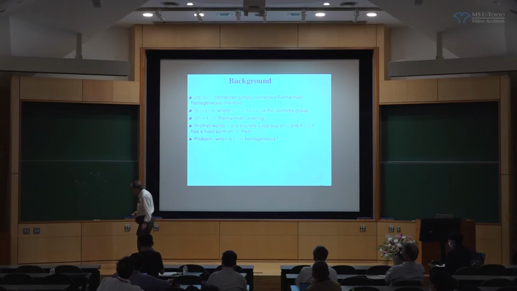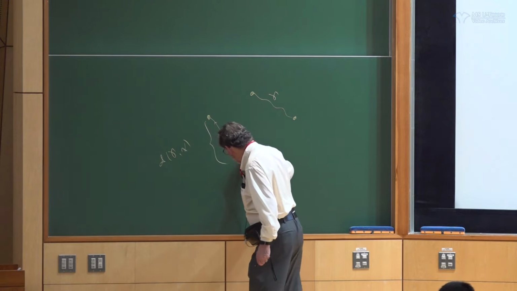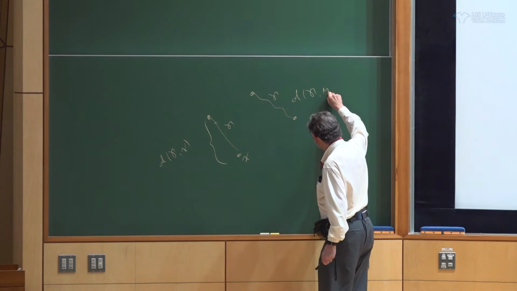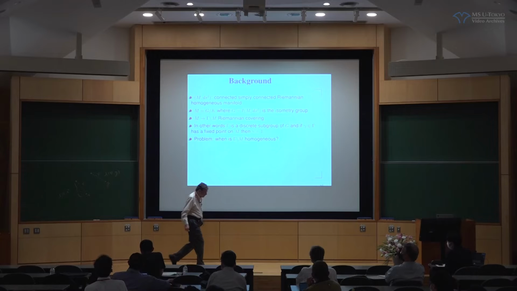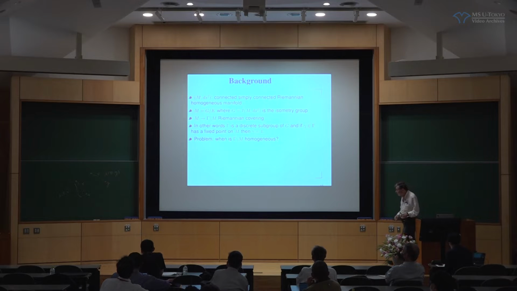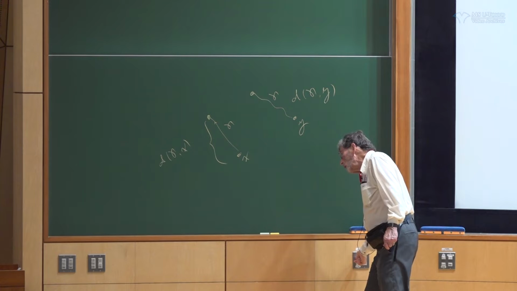So I look at the displacement. Suppose this is X. This is Y. So I look to see how much they're moved. And the interesting thing here is that if the base space is globally homogeneous, then